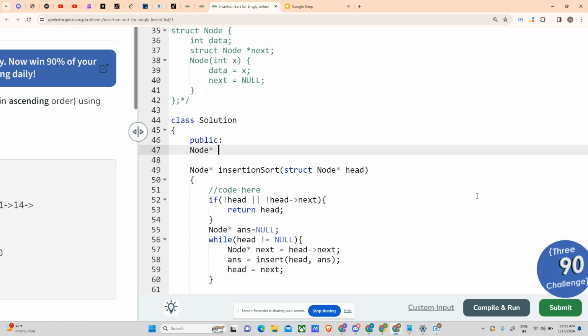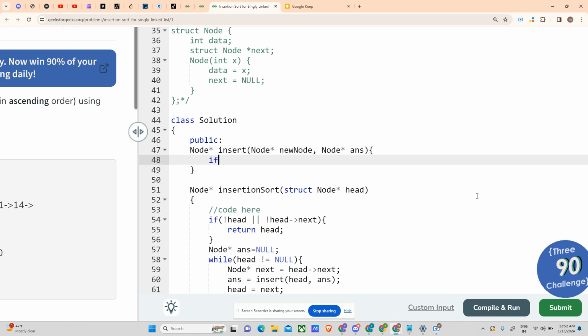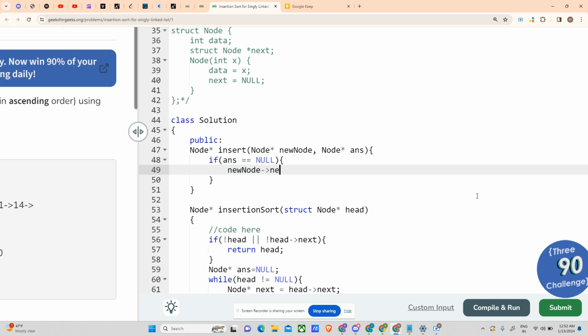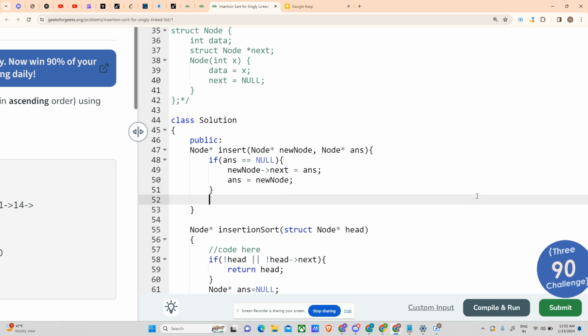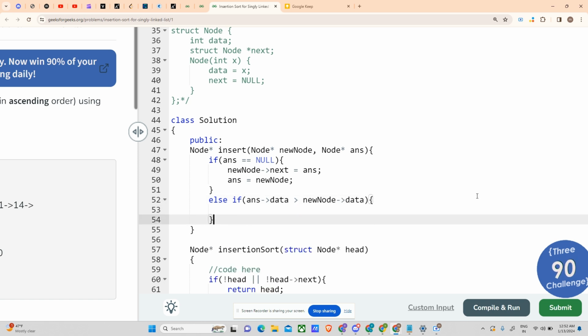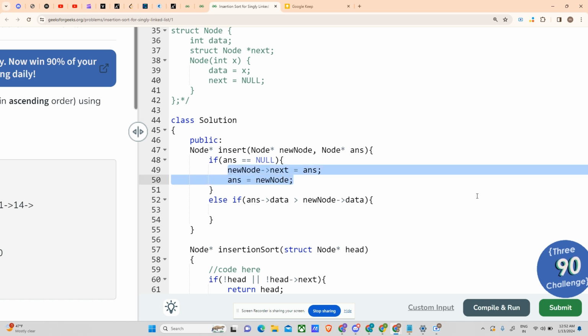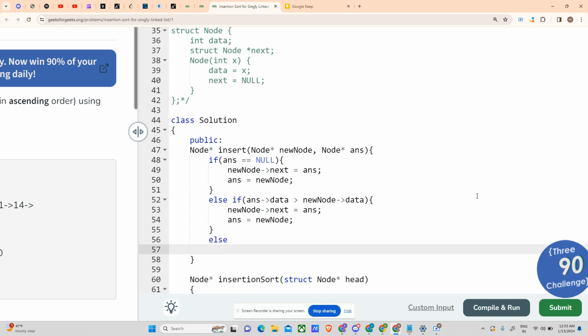For that, it will return node star because it is returning the answer head, and its name is insert. Now it will take two nodes as arguments. First one is my new node, and then my sorted linked list's head node. Now the first condition is if answer equals null. In that case, what we were doing is new node next equals answer, and then answer equals new node, right? My else if condition was if answer's data is actually greater than new node data. In that case, same two lines we discussed, right? Same two lines. I could have used the or operator, but I am not adding the or operator for more clarity. Else create a node star temp